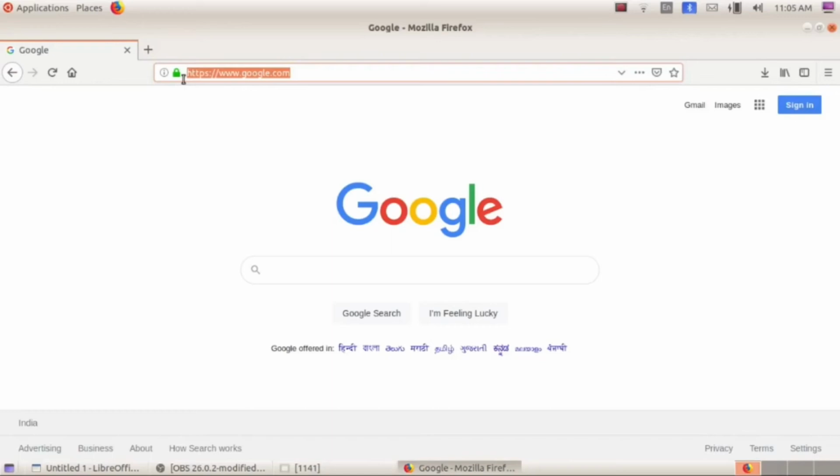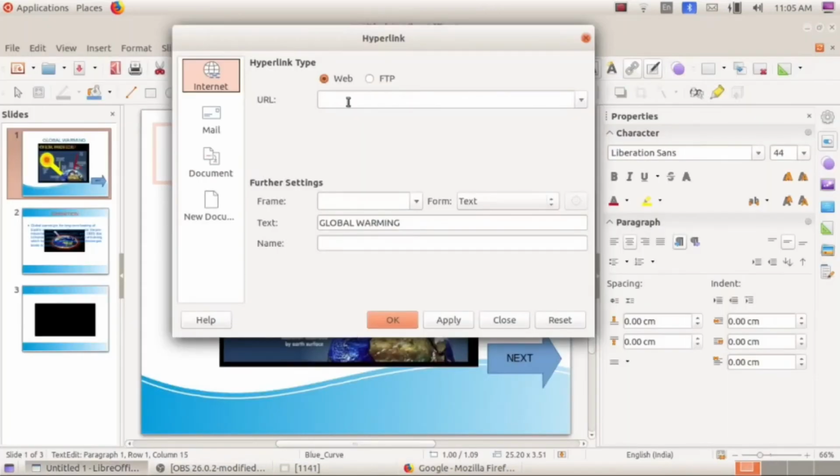To which page it is to be opened, we have to provide the corresponding URL in this box. So I am going to give global warming in Wikipedia. I am going to give that corresponding URL, and that URL is given in your textbook page number 104. So type that URL.